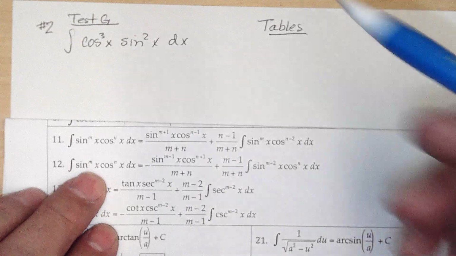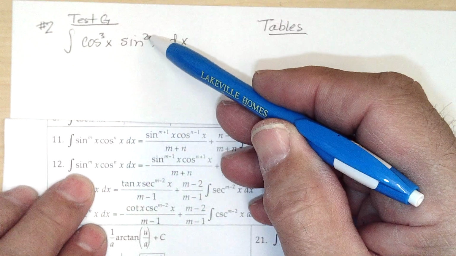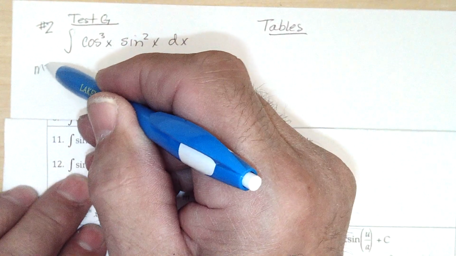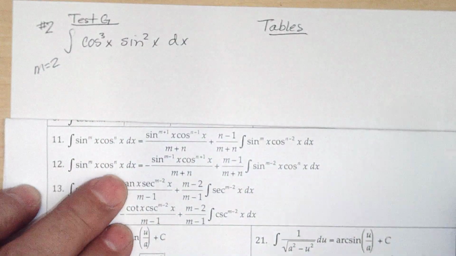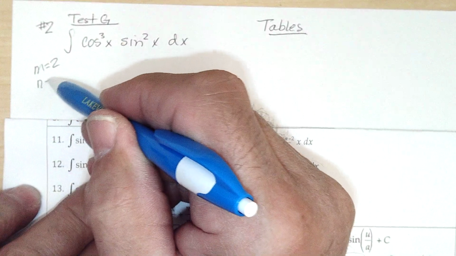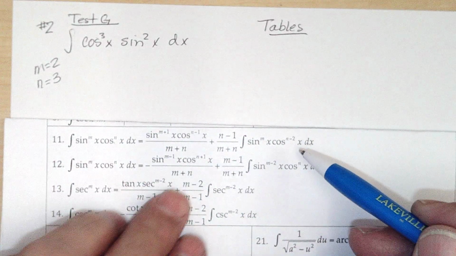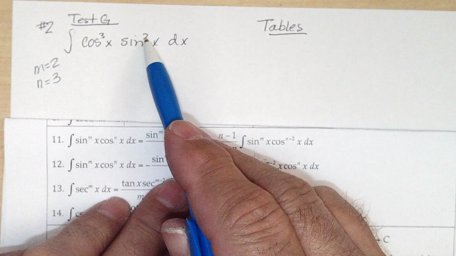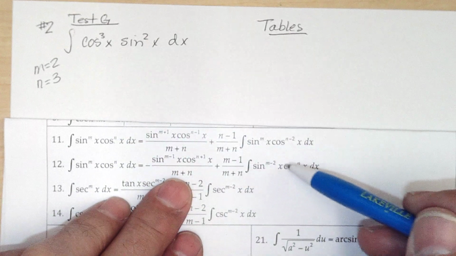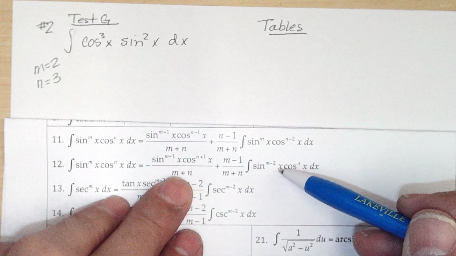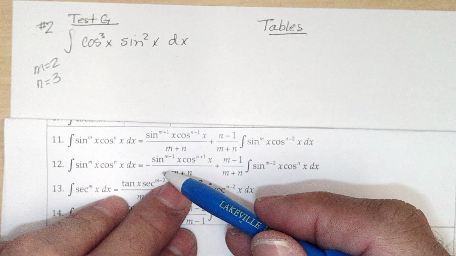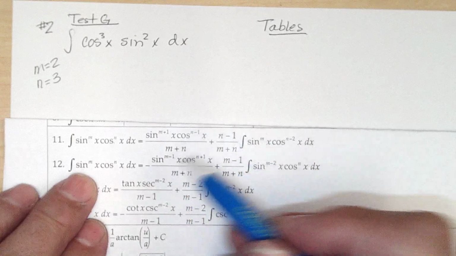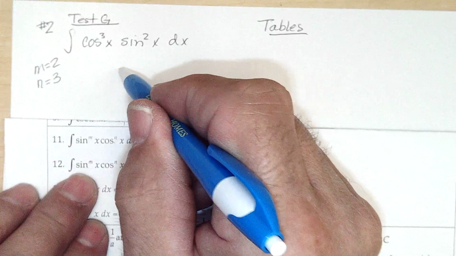So if I use number 12, m will be 2, and n would be 3. And if you use 12, the sine is going to go from 2 to 0. So there won't be any sines left in the integral. But we'll have this stuff. And there's a minus, so it'd be negative,